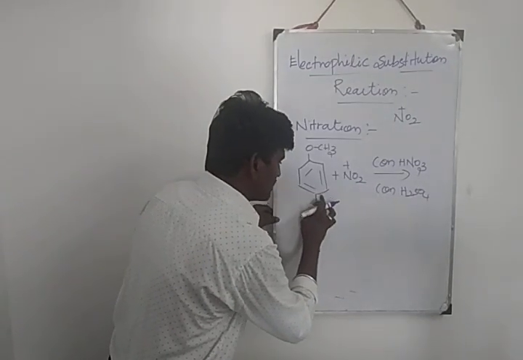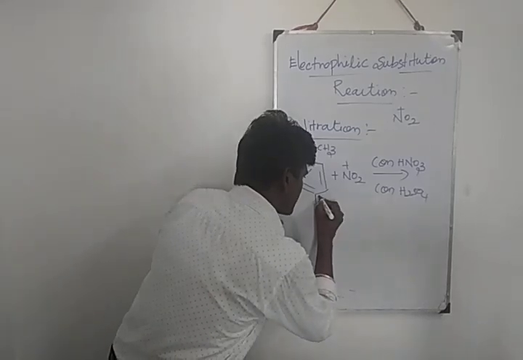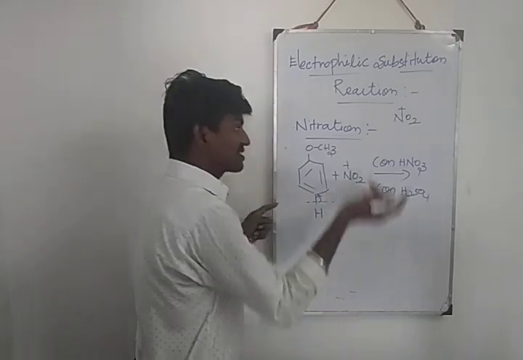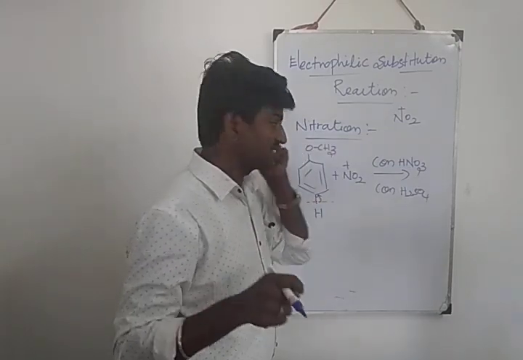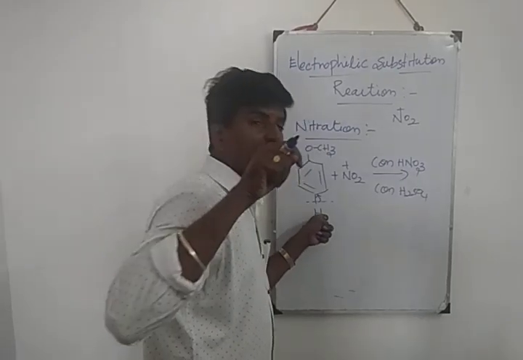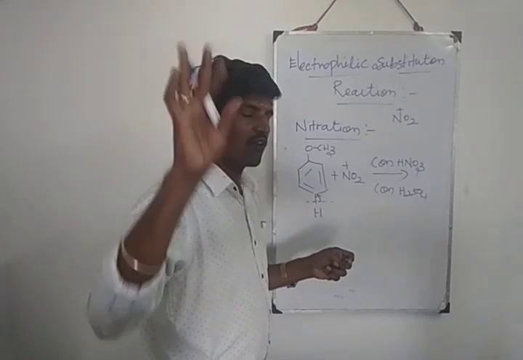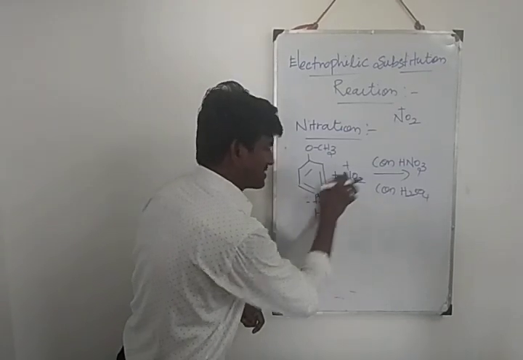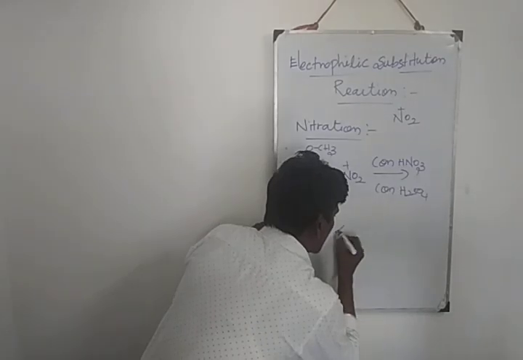Here carbon is present. Compare carbon and hydrogen. Which one is more electronegative? Carbon. So carbon takes one pair of electrons. Here the bond breaks. You know very well this H plus combines with HSO4 minus ion, because nitric acid reacts with sulfuric acid to produce nitronium ion as well as HSO4 minus ion. It becomes H2SO4. Now what's the charge of this carbon atom? Minus. N plus. So a bond forms between the phenyl carbon and nitrogen. You get the product, the para product.